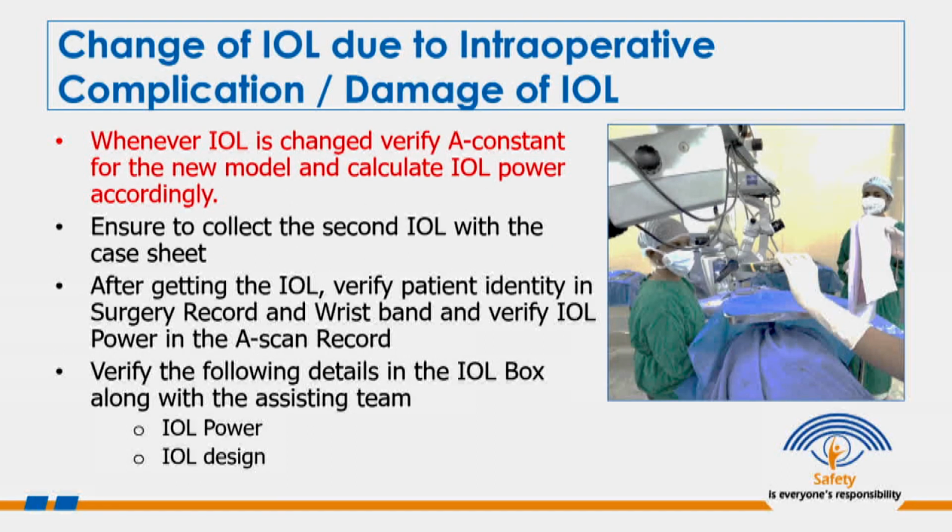And when we have a PCR, we tend to change. If we have a stock of intraocular lenses available, we try to put an intraocular lens of a slightly lower power, maybe 0.5 diopter or 1 diopter less, because we are going to put it in the sulcus. And again, making sure that the second IOL also matches. It becomes important. You have to check the A constant. If the A constant is different for the new IOL, then you have to make the calculations accordingly and get the intraocular lenses.